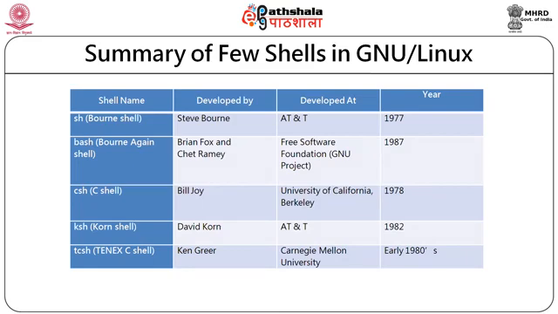Different shells that are available in Linux are Bourne shell. There is an improved version of Bourne shell, that is Bourne Again shell. There is C shell, Korn shell, and so on. So, Bourne shell, the abbreviation is sh, Bourne Again is bash, C shell is csh, there is ksh, that is Korn shell, and there is tcsh, that is enhanced C shell. Depending on the usage, different shells were created and they were deployed over Linux systems.